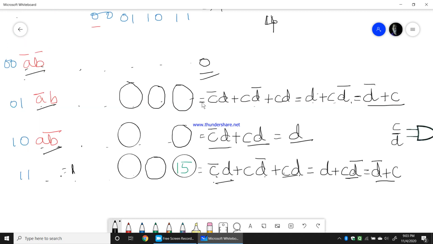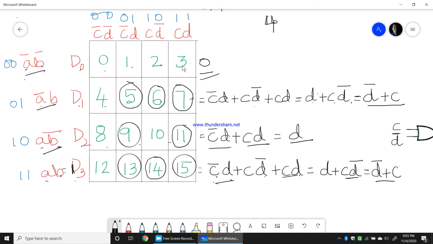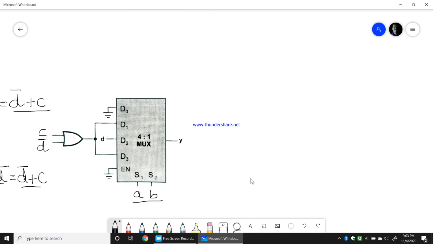So in this diagram, D0 will be 0, D1 will be D bar plus C, D2 will be D, D3 will be D bar plus C.